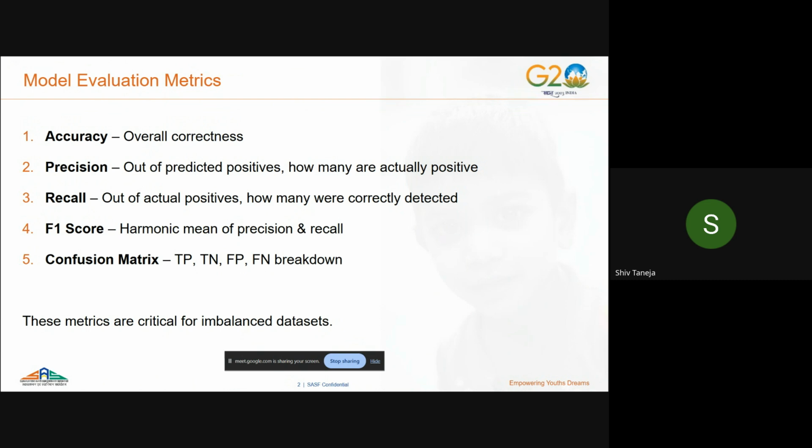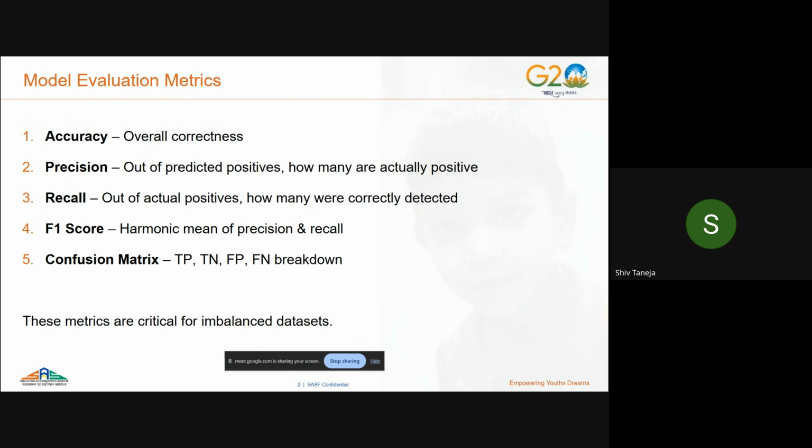Like out of the patients we identified as having a disease, how many actually have a disease? And recall, out of the actual positives, how many were correctly detected? Which means out of the people who have the disease,